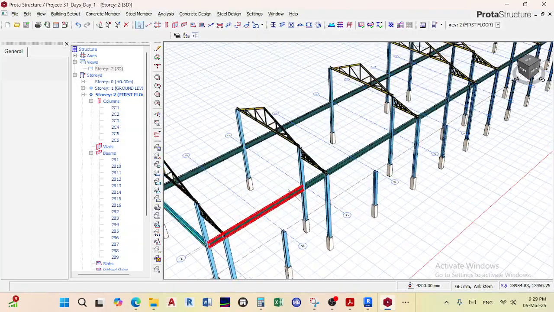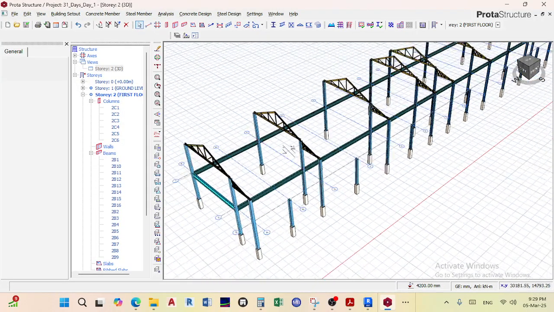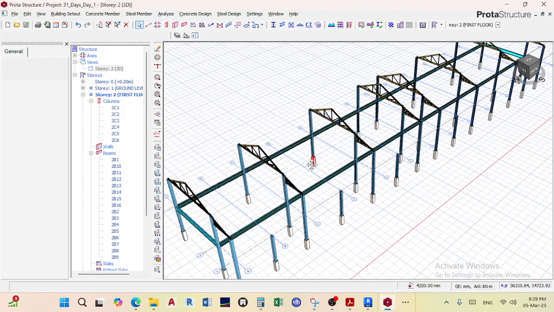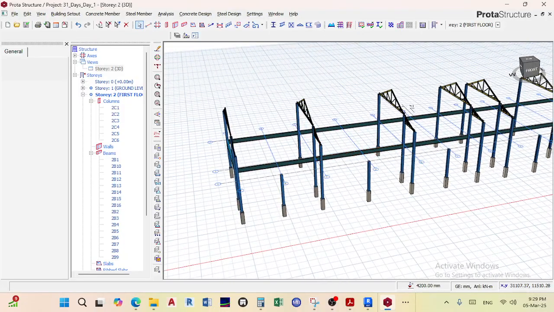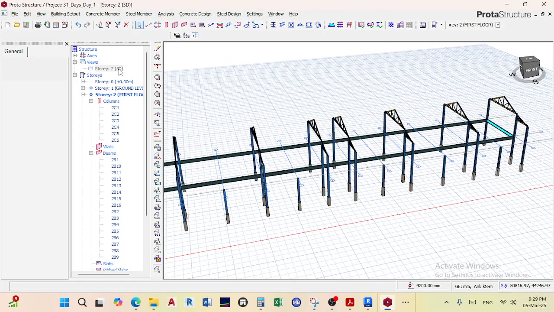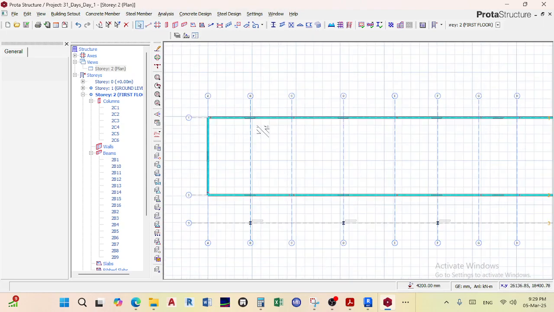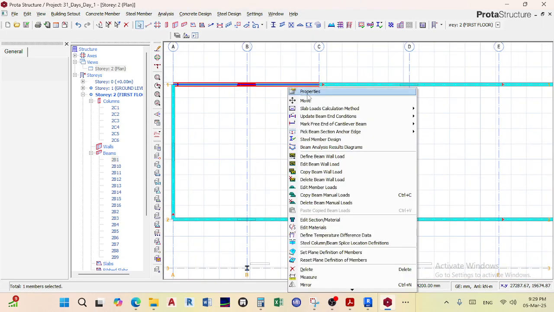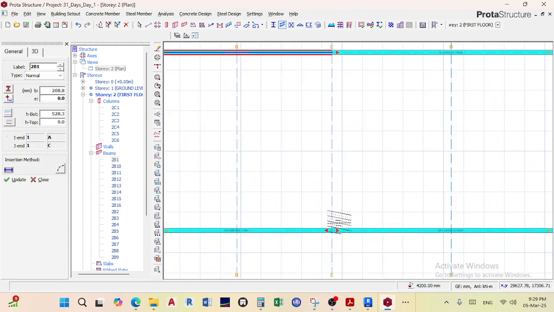So I would like this also to have deeper beams. Wherever there's a truss, also I put a deep beam. I go to my plan view, and then I select, and then I'll say from there to there,